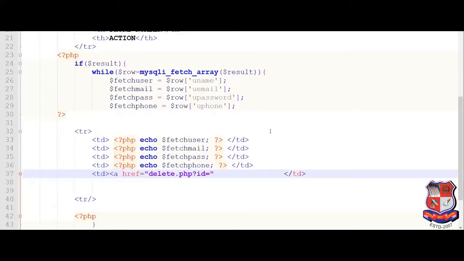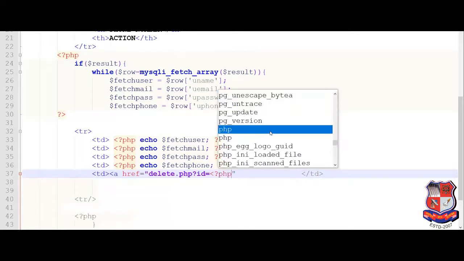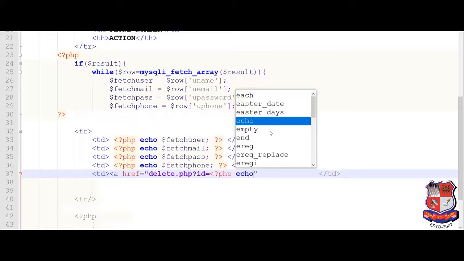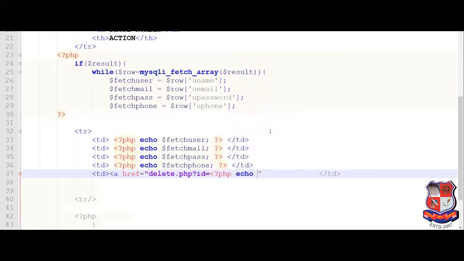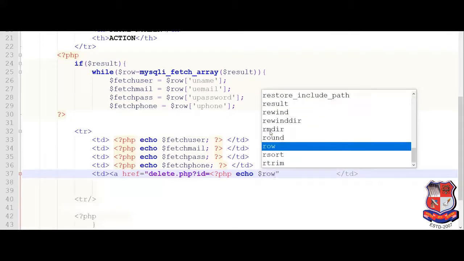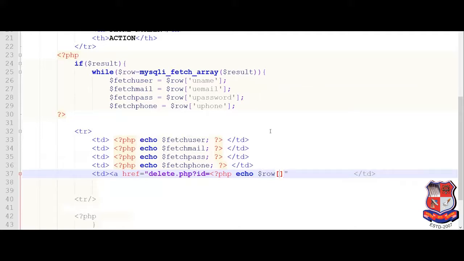So we have to fetch the primary key here, echo. The primary key will be inside the row variable. So there is dollar row, and that is user id. So the name of the database column, or we can say the primary key column, this one is a, let's say delete, slash a.